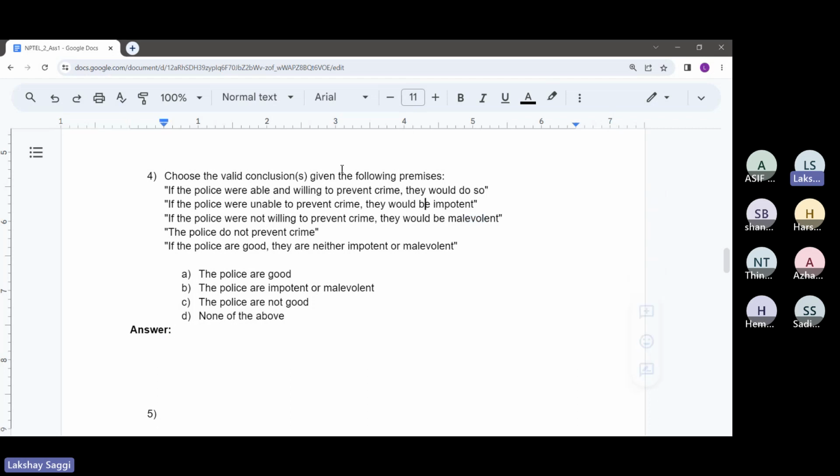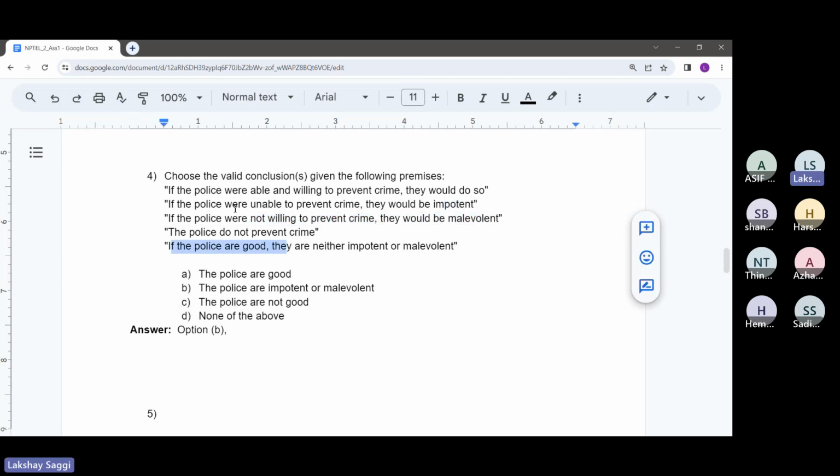So the correct conclusion would be police are impotent or malevolent. So the answer will be, let's say, option B. So option B is correct because police do not prevent crime. And since they do not prevent crime, they were either unable to prevent or not willing to prevent. So they were impotent or malevolent. Also,